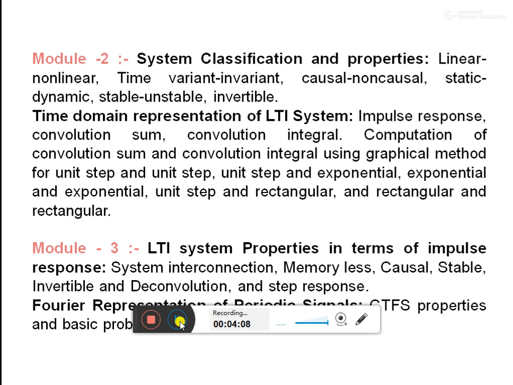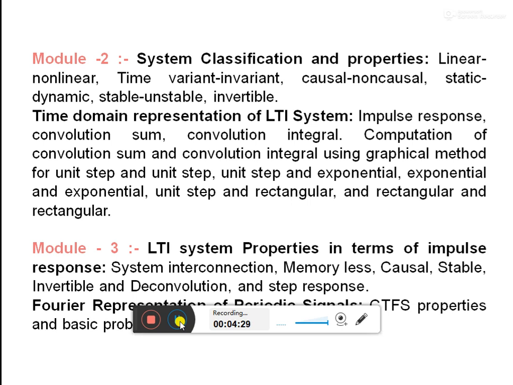So this is one of the important topics from the examination point of view, and these basic concepts learnt in the second module are applicable for the digital signal processing subject also. So extra attention should be paid to this particular topic, that is time domain representation of LTI system, wherein